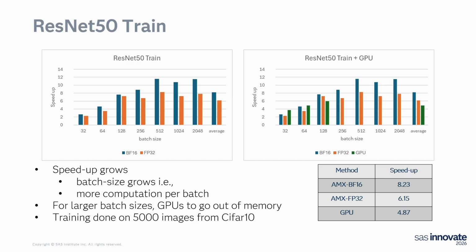First, if you look at this one on the left, this is bfloat16 and floating point 32 compared to the baseline. The average over here, you see about 8x to 6x speedup out of the gate, which is really cool to see. Ironically for this one, we see that GPU is a little bit ahead for a batch size of 32, but as it climbs, it's clear that bfloat16 is outpacing the GPU. By the time we got to batch sizes of 256, they were over their memory limit and couldn't run it at all. So it's a clear winner for AMX for this one.